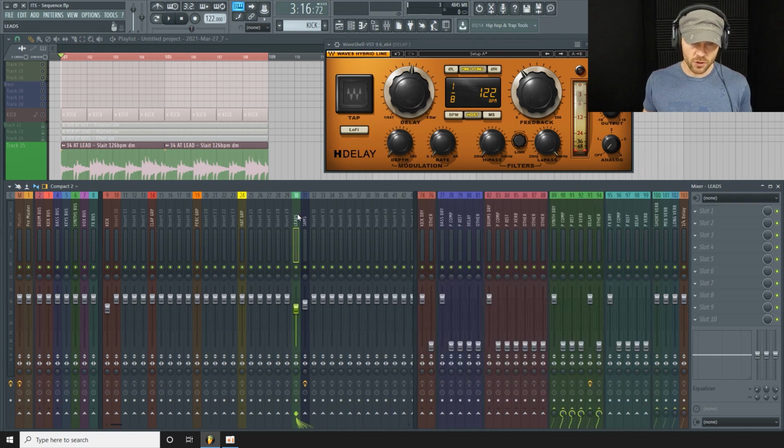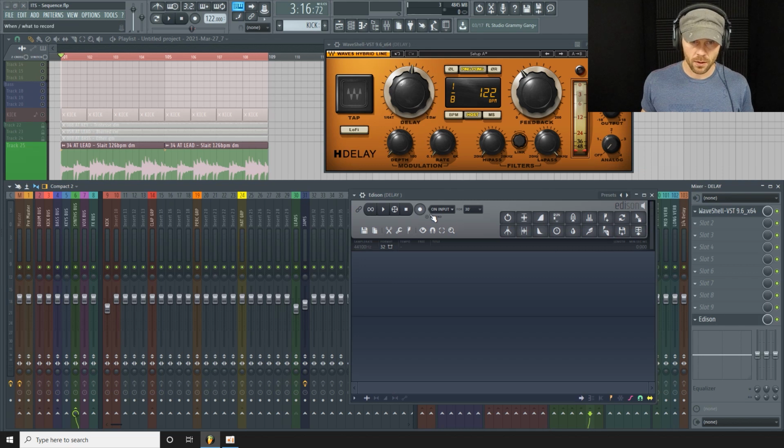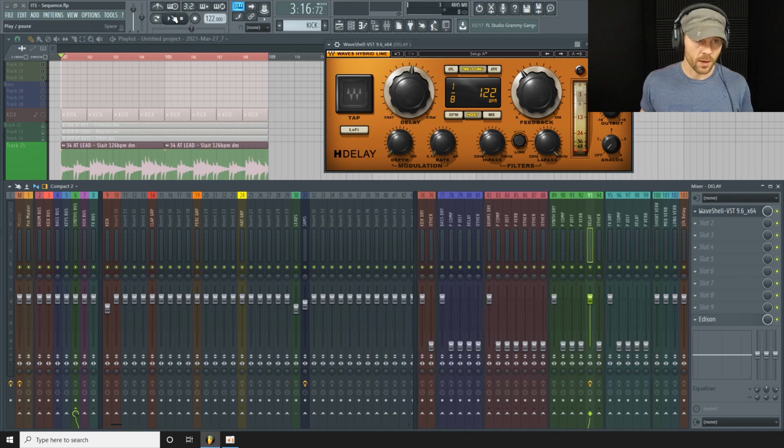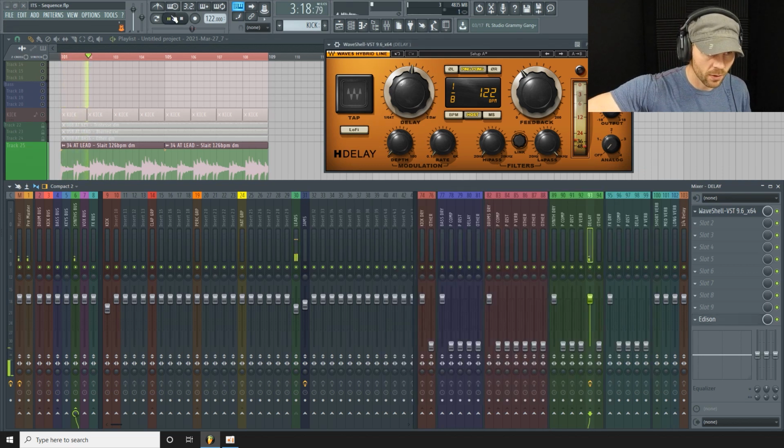So what I'm going to do is link this lead to that delay send, and I have it linked through my MIDI keyboard here, so you can see that moving around there. So essentially what I'm going to do is just play back this lead loop here and randomly send bursts of signal to that delay while I'm recording it through Edison. So let's do that. Let's restart recording, hit play here, and then randomly